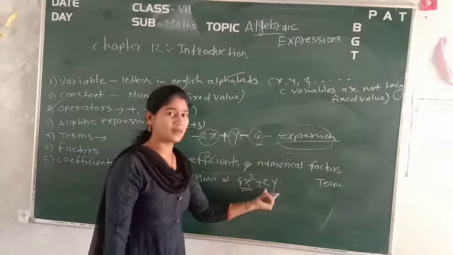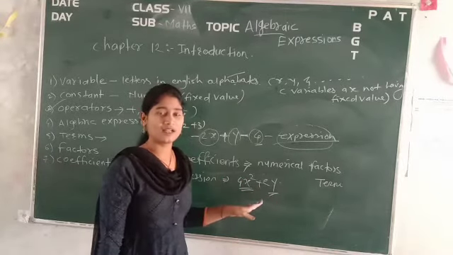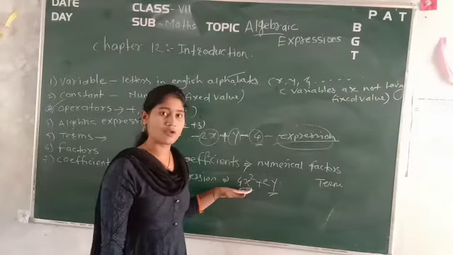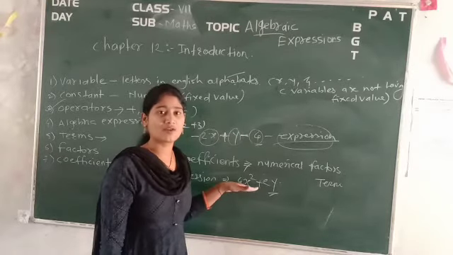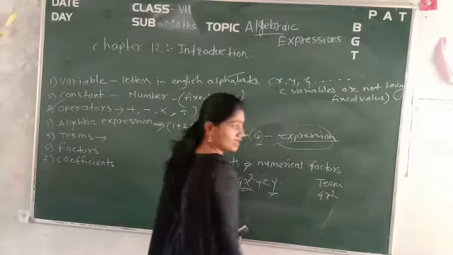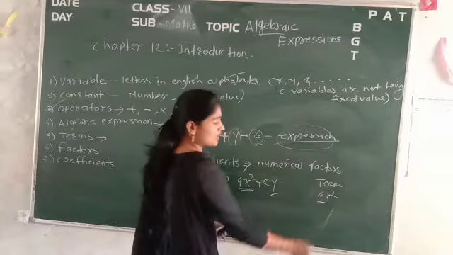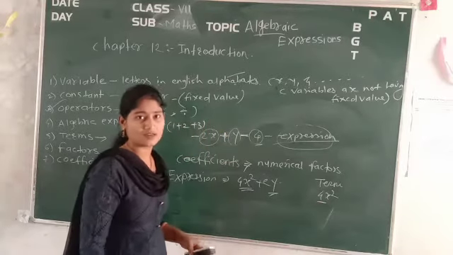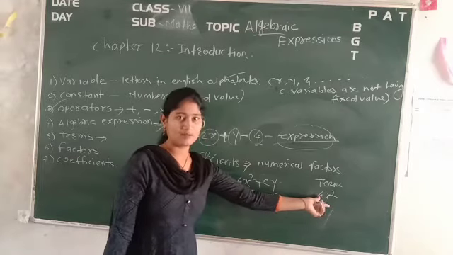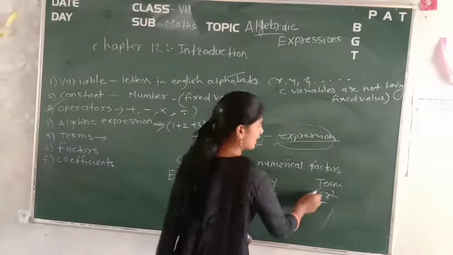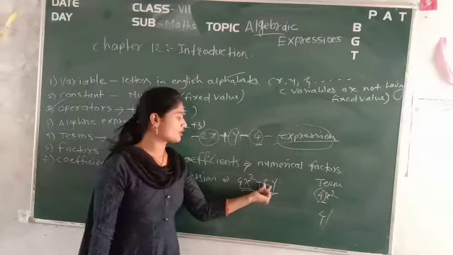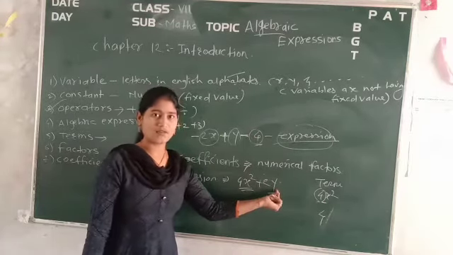Okay, so 2 terms are there, and then if they are asking you to find the coefficients of this, coefficient of these variables or coefficient of these terms, then first of all sort out the terms here. 4x square. Then what is the coefficient? It is the numerical factor, the numerical part of these expressions, or particular terms or particular variables. So 4 is nothing but the coefficient of x square. What is the coefficient of y? Coefficient of y is 2.